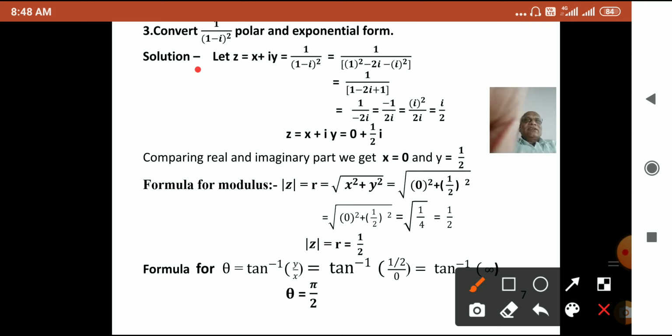So this is bracket (a minus b) bracket square. So we can solve this bracket like this. So 1 upon first square, that is 1 square, minus 2 times the product of first term and second term, that is twice i, and plus the square of the last term. So we have solved this bracket by using the formula (a minus b) square. Now further simplification gives 1 upon 1 minus twice i plus 1, so this plus 1 and minus 1 for i square.